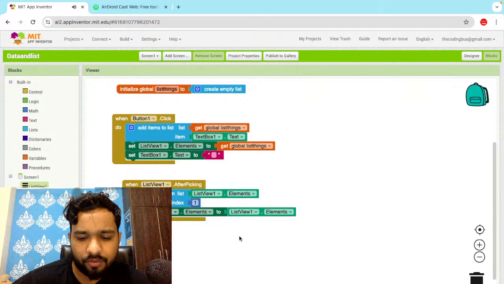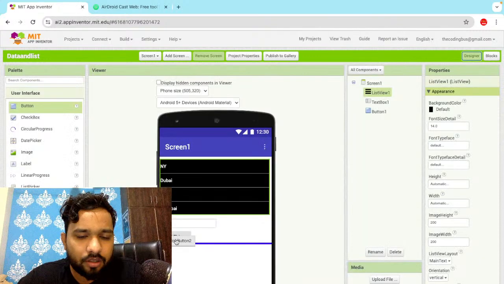Cool. Then we need to remove the item from the list. Okay, so let's remove this, let's remove this, let's remove this, and let's remove this also. So go to the design. Here we have added the item. I'm gonna add one more button here. On that button click, I want to remove the first item. So go to the block like this, click on that button,